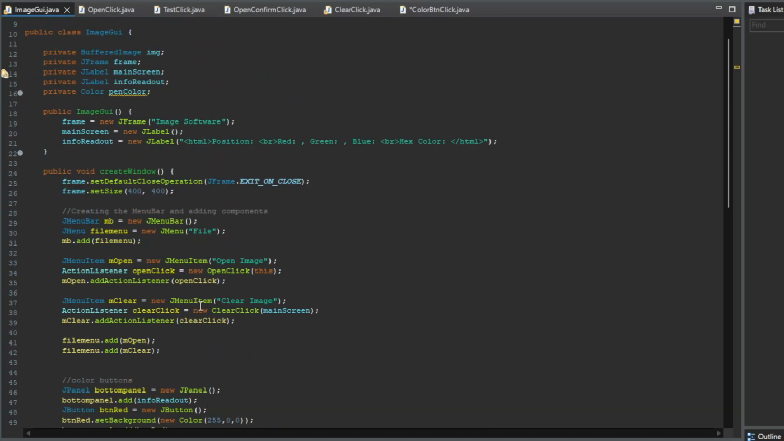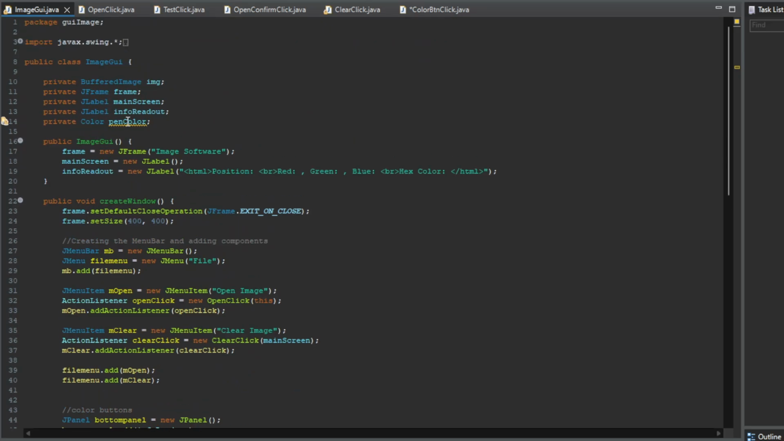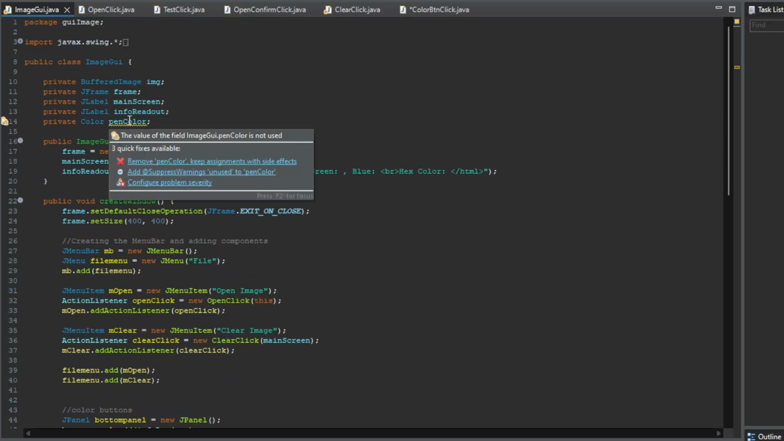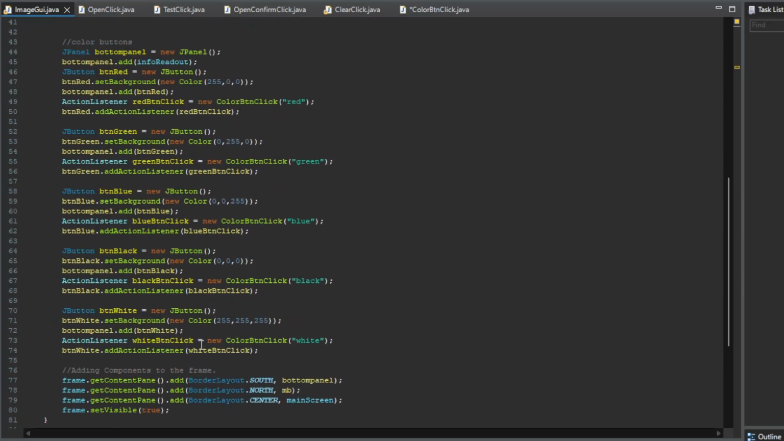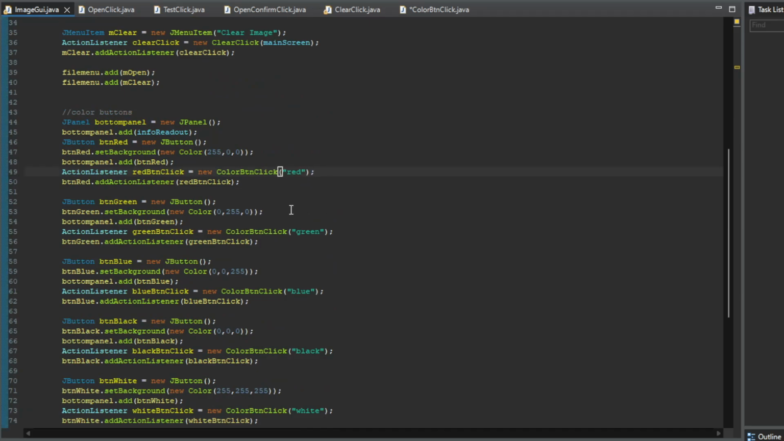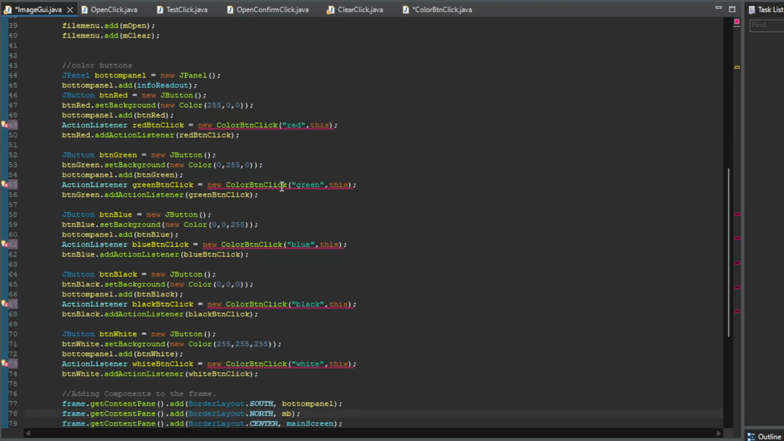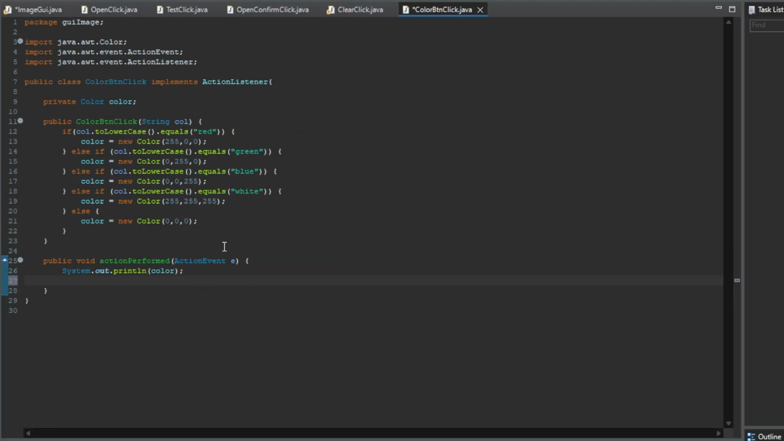And because this ImageGui, it makes sense for ImageGui to have the penColor as an attribute. So then we take this, and whenever we create a new color button click, we pass in this. Now this is referring to the ImageGui instance, right? The object. So it's going to give you a reference to the ImageGui object itself. So what we pass in here, we say that this color button click